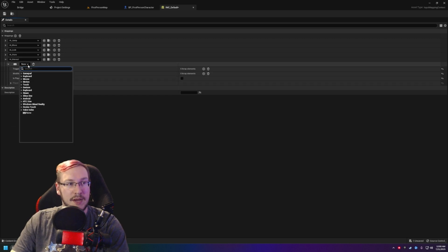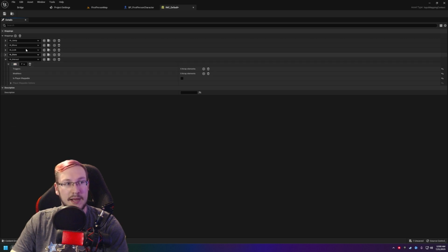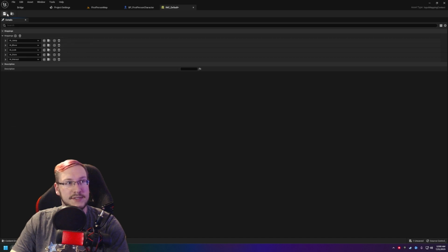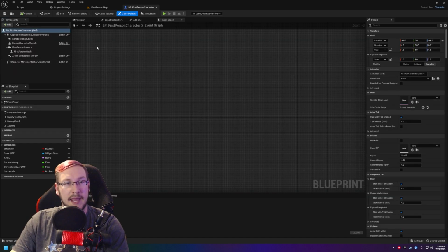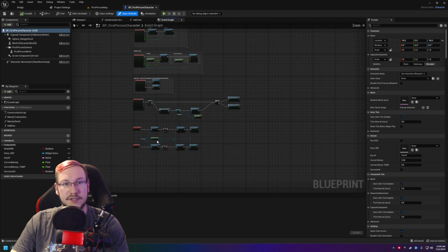You can either open up this drop-down menu and find the key that you want, or in my case, it's just a keyboard key. So I'm just going to click on this, select the key value button here, and then press F on the keyboard, and it will automatically select it for me. And that's it. I'm going to go ahead and close that, save the file, and now back in our first-person character,